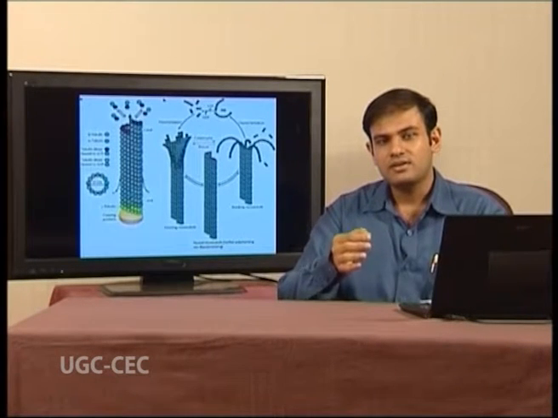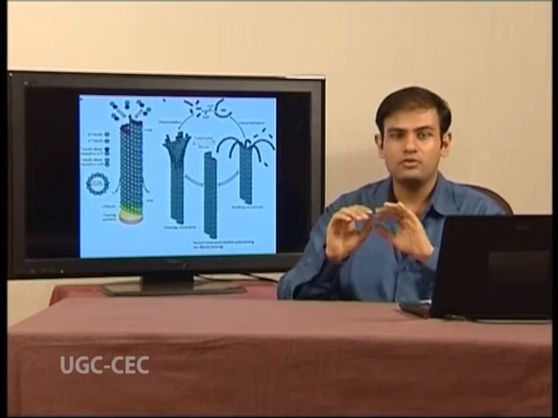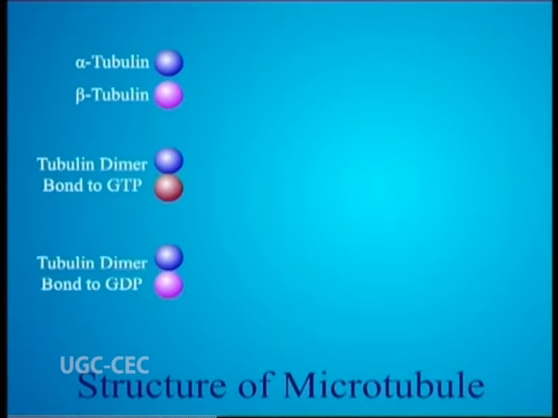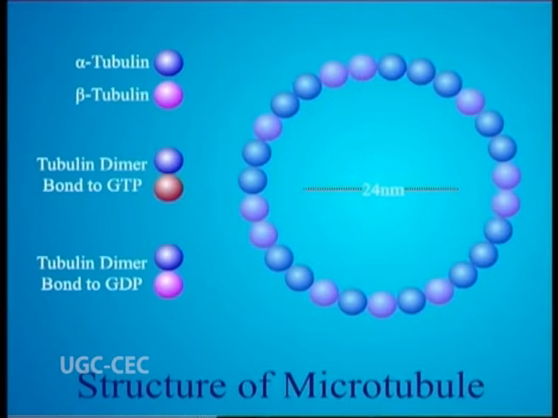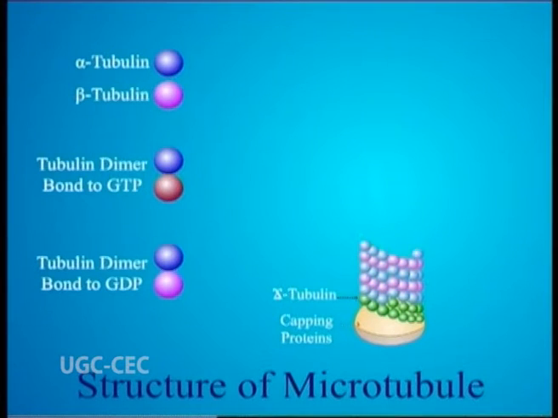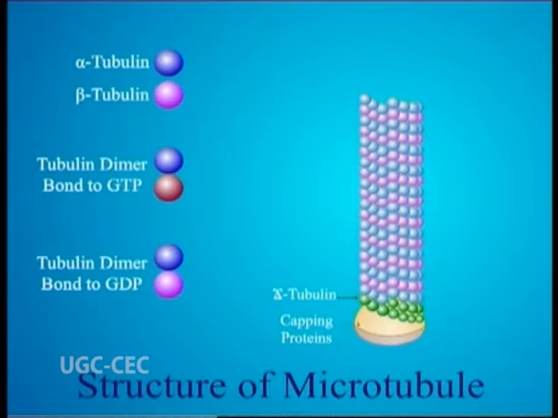The longitudinally arranged protofilaments which form the wall of the closed microtubule first of all need to arrange themselves. This arrangement is attributed solely to the polar nature of the alpha tubulin and the beta tubulin. When the alpha tubulin and the beta tubulin attach to each other to form the dimer, this is attributed to the GTP molecule which is present on the beta tubulin. This GTP gets hydrolyzed to GDP, thereby giving energy for the joining of the alpha tubulin and the beta tubulin. Similarly, more tubulin dimers come and attach to each other to form an elongated protofilament. This protofilament will then arrange laterally to form the walls of the microtubule.